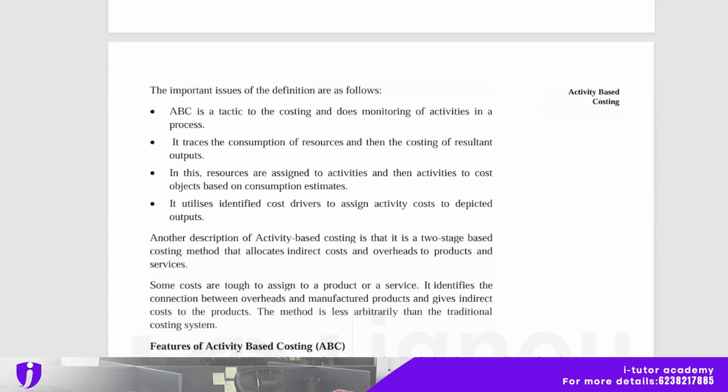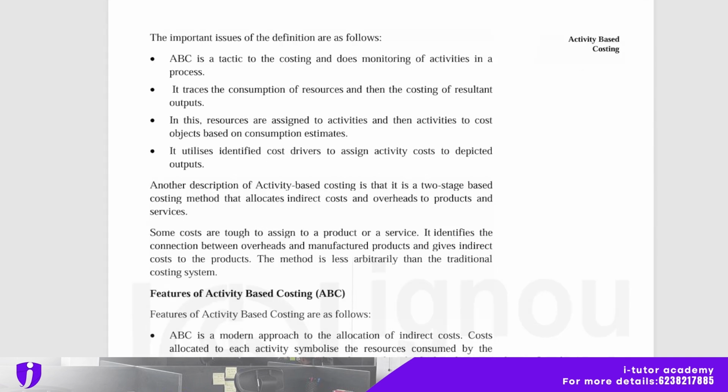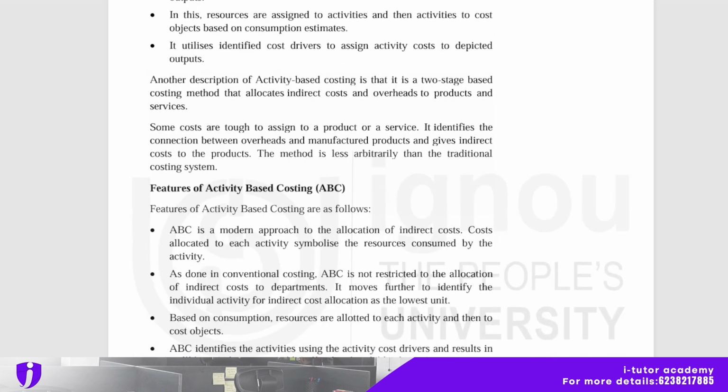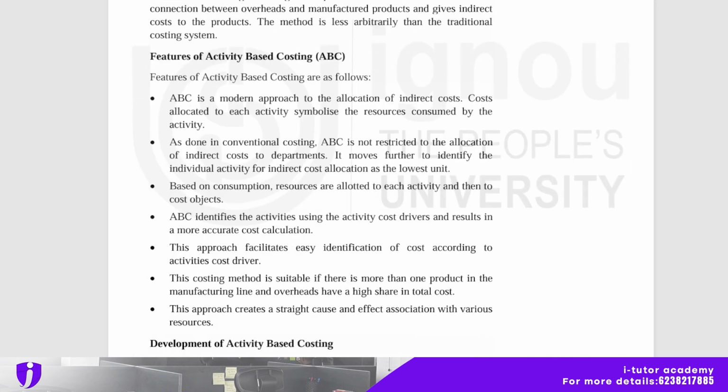The important issues of the definition are as follows. ABC is an approach to the costing and thus monitoring of activities in a process. It traces the consumption of resources and then the costing of resultant outputs. In this, resources are assigned to activities and then activities to cost objects based on consumption estimates. It utilizes identified cost drivers to assign activity cost to the respective output. And the features of activity based costing are